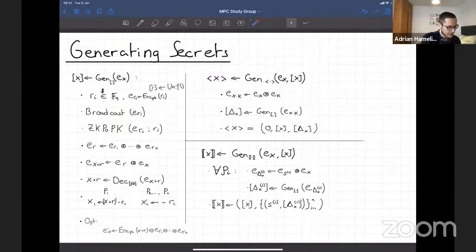You do the same idea for the double bracket X, except that, again, it's a bit more involved this time, where each party is going to generate the MAC using their private key. And then you generate the appropriate sharing for each tag. And this then gives the full representation. Is this clear for everybody?